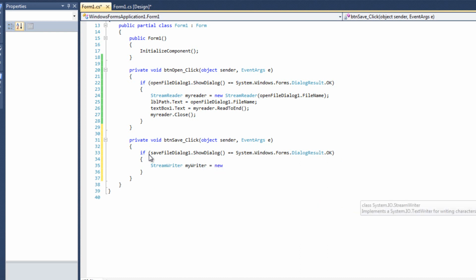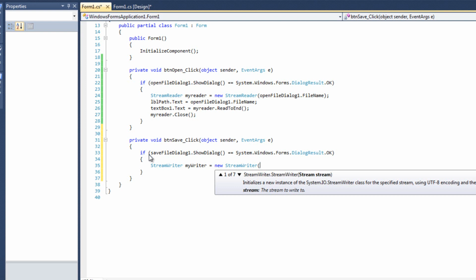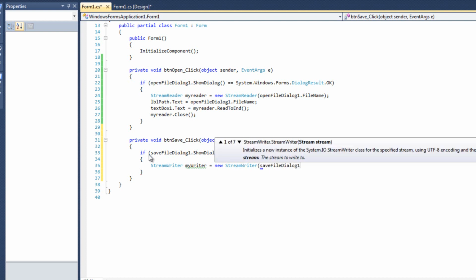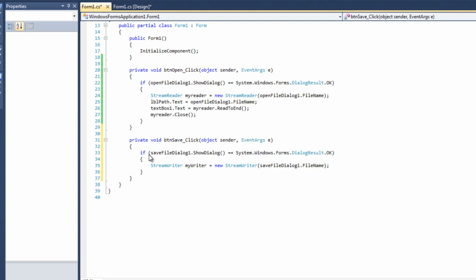equals new, and now I want to use this as basically kind of like a save as command. I want to get rid of whatever's already in that file. All right, so I'm going to say SaveFileDialog.FileName. I'm not going to put the true after this. I want to truncate that file. Your mileage may vary. You may want to do something different. I want to truncate that file. And so I'm going to say